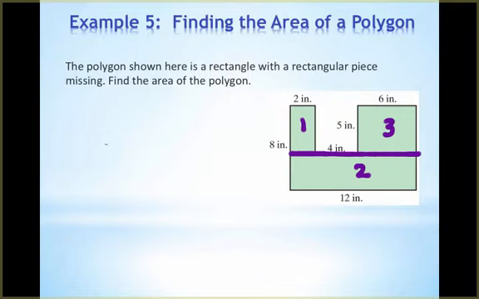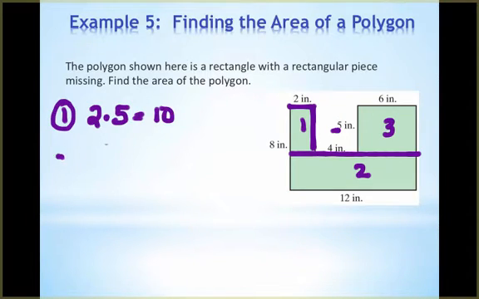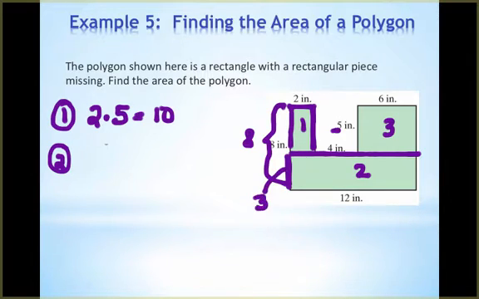So let's look at some measurements that aren't given to me that I'm going to need to know. So for rectangle 1, I know that it's 2 by whatever that distance is. Well, that's going to have to be the same as that 5 that I have over with rectangle 3. So rectangle 1 is a 2 by 5, which makes it 10. Now, rectangle 2, I need to know this distance. So to do that, I have to think, well, that whole thing is 8. And we now know this top part is 5. So that's going to leave this little part here to be 3. So that rectangle 2 is a 3 by 12,